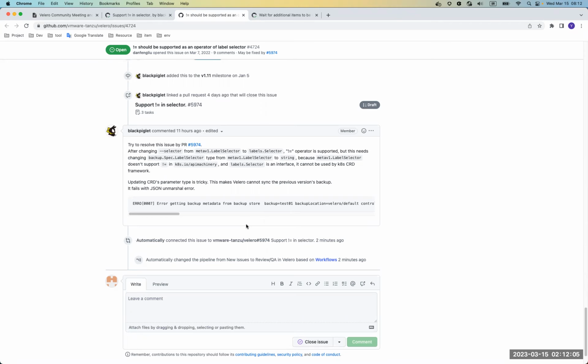And considering Velero CRD is already V1, we probably need to bump up to V2 according to the convention. So I think I'll open an issue and we try to explore some solution in the next minor release.